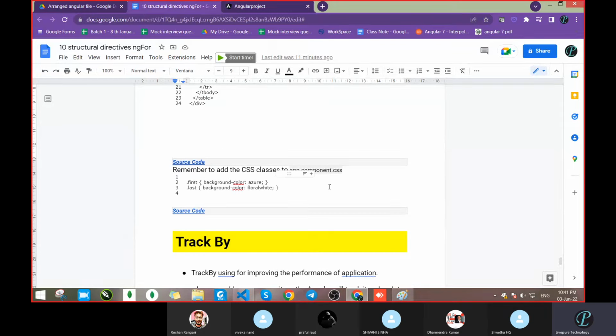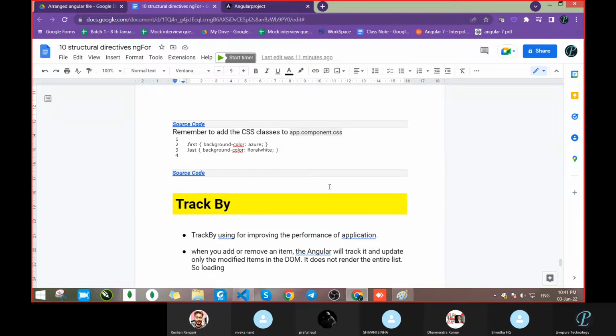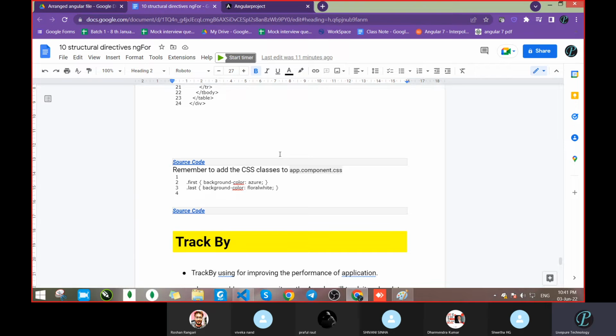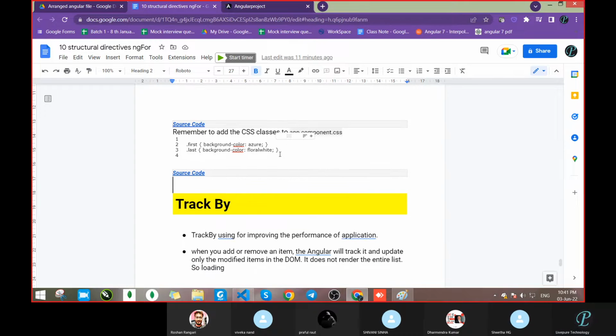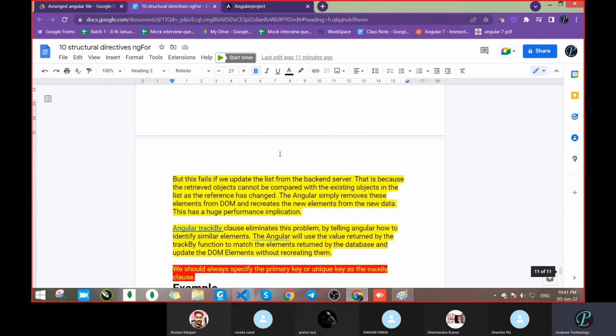Anyone having any issue? Tell me. Again, if you want some color on the basis of the first and last element, you can do the same thing with ngClass itself. Then trackBy. TrackBy means